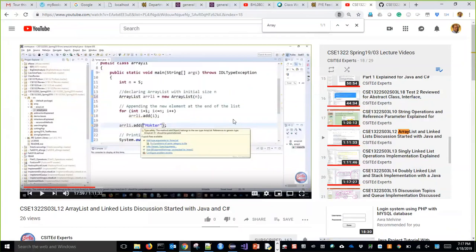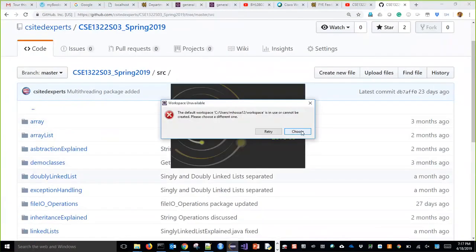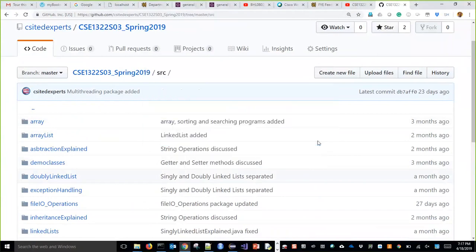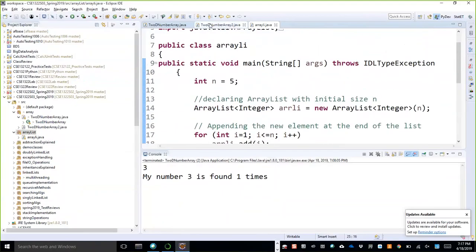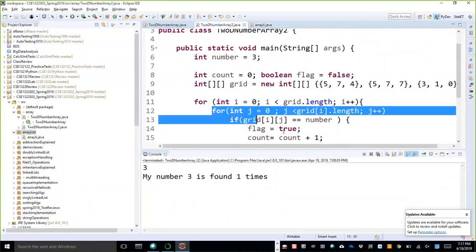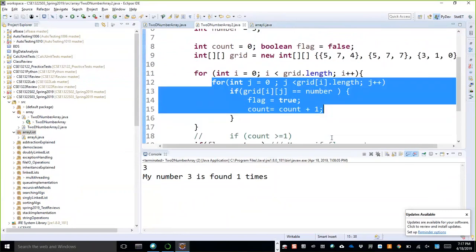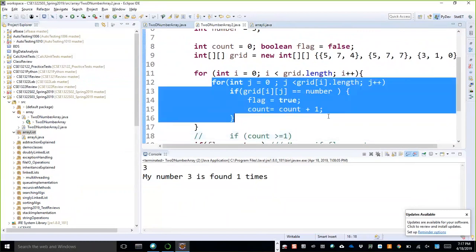But for this test, you will not have any question from array list. You will get a question from array, 2D array, either one-dimensional array or two-dimensional array. It was easy to make a one-dimensional array. For a one-dimensional array, we need only one loop over here. But for a two-dimensional array, we need an inner loop to get each of the individual elements.